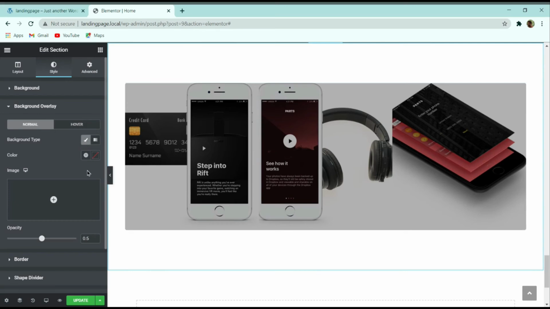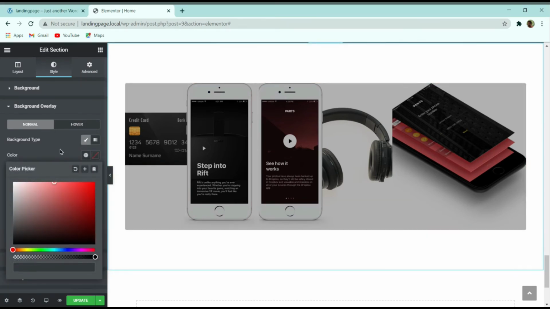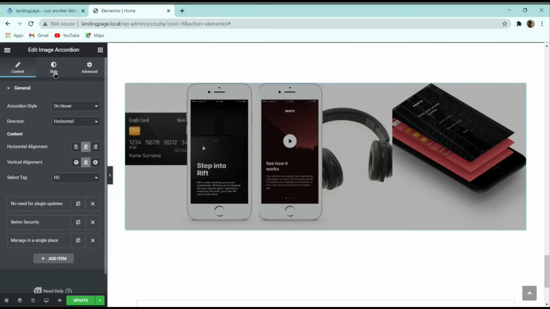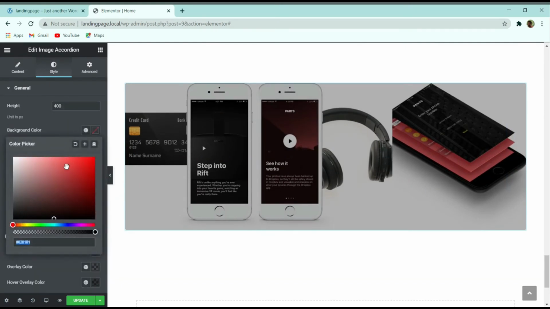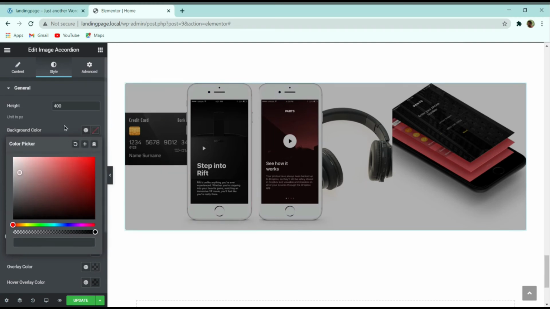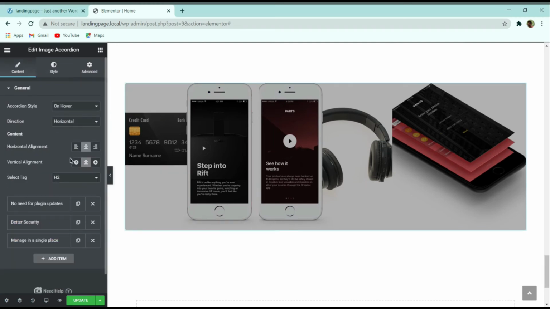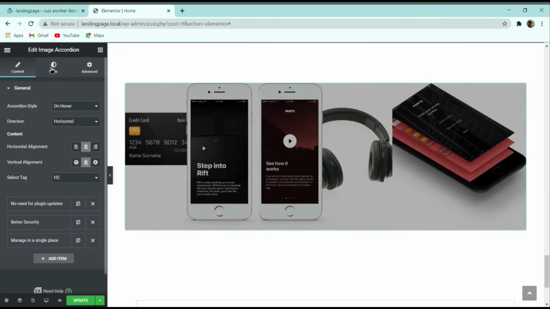So here you can see that, suppose if you want to change the background overlay, then also you can. Sorry, for this image accordion you can go to the style part, and here suppose if you want to change the background color, then also you can change it. You can also change vertical alignment, anything also you can change it here.